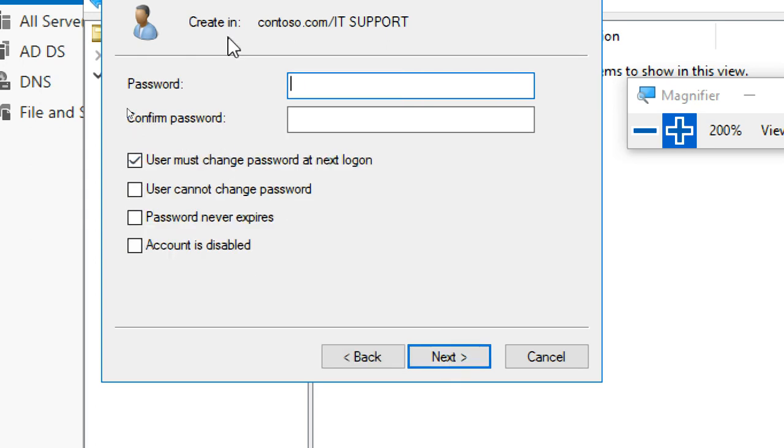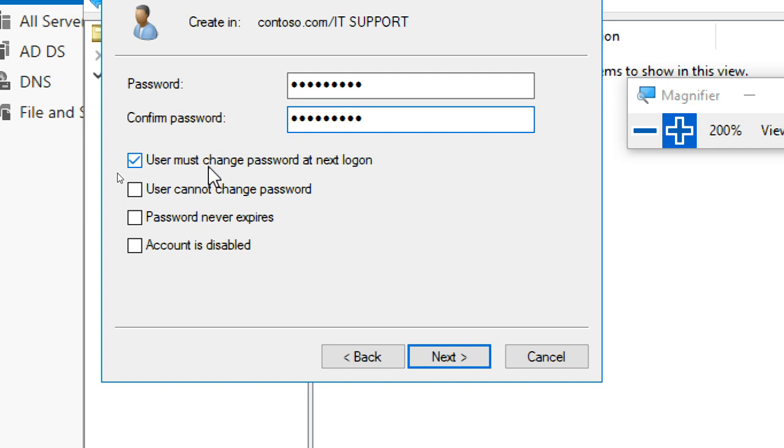Next, here you should give a password. I'm giving the password currently as Vedic@123. If you don't want to accept it, I will change it for IT user one. Here, the first option: user must change the password at next login. Listen carefully, guys. You join a company today. I created an account for you.